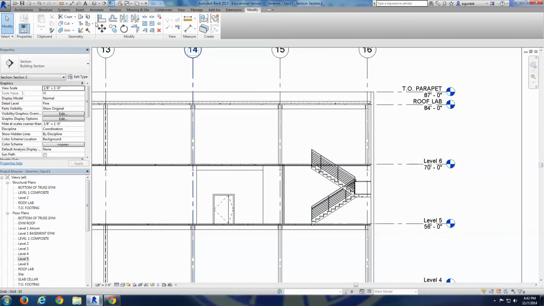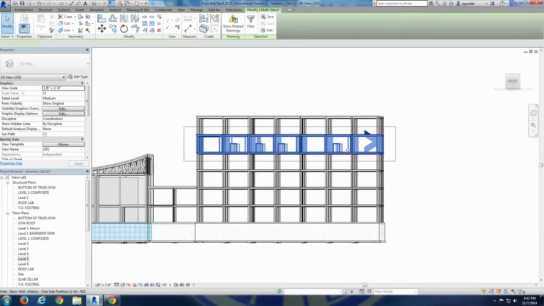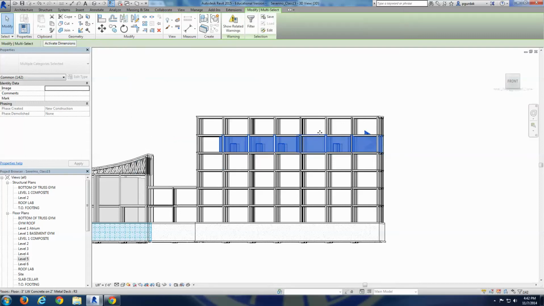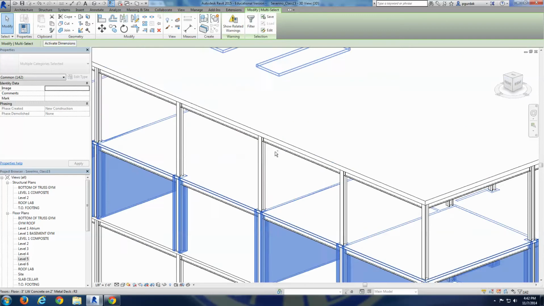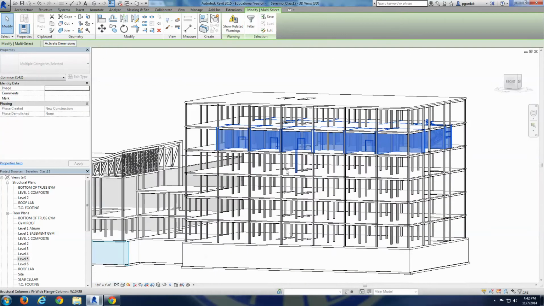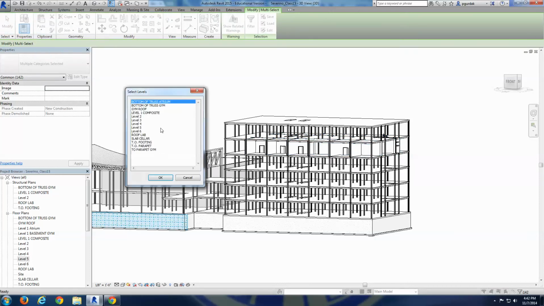Okay, so now from the 3D, it's a matter of selecting what we want and copy and paste it. No? So you're going to filter out and select probably doors, railings, stairs, and walls. No? You probably want to navigate around until you see everything that you want. That is carefully done. And here's the point, the moment where you copy, select copy to clipboard and paste to select the levels. Now we were in level 5,